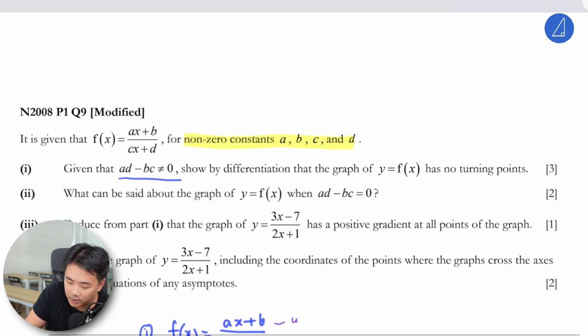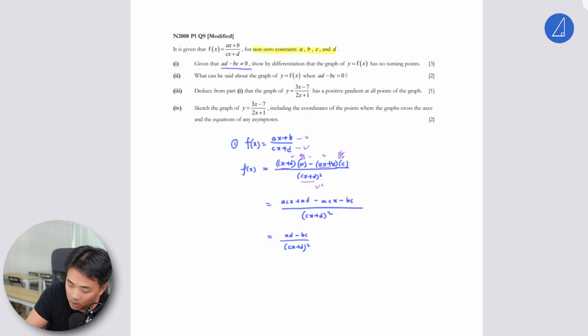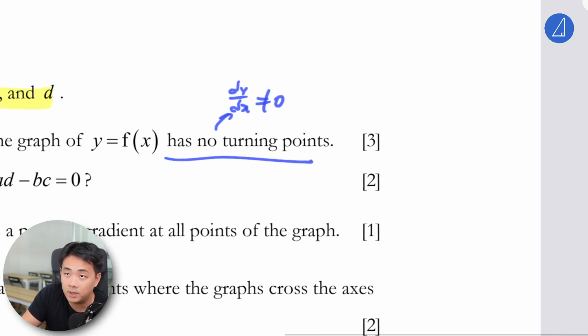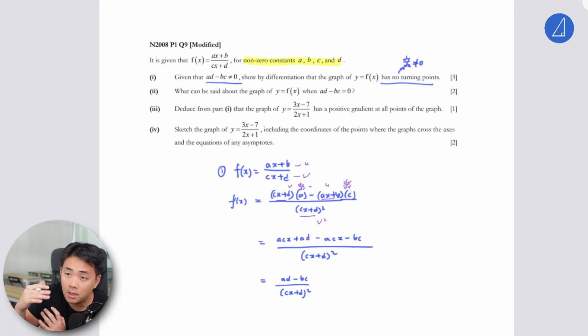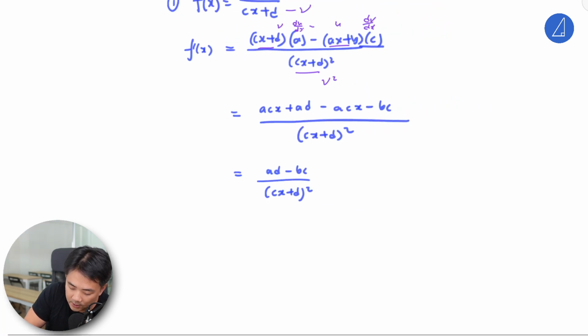Now what we need to do is show that no turning point just means that dy/dx equals 0 has no real solution. So this just means dy/dx cannot be 0, because there's no point where the gradient is 0 for it to turn. So that's that. Since this is f'(x),